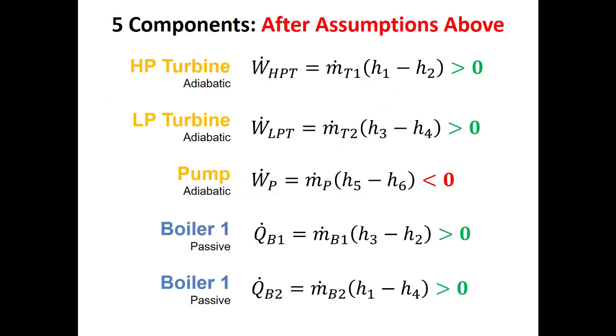So if we do this, then for the high pressure and low pressure turbines, we're going to get m dot times h in minus h out. Those will be positive power terms. The pump will also be W dot equal to m dot times h in minus h out, but that term will be negative. Both places where we're adding heat are m dot times h out minus h in, and we expect both of those terms to be positive. Now, if the problem asked me, I could also find how much heat was rejected, right? Or as we saw on the exam problem, it asked how do I figure out what mass flow rate I need of this cooling water, right?